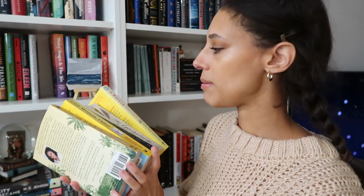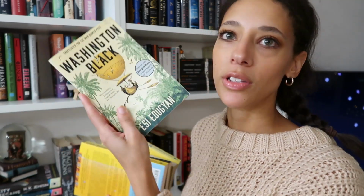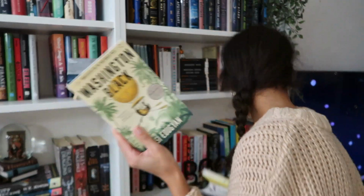Blacktop Wasteland by S.A. Cosby. I can't believe I still haven't read this yet. We're gonna add this one to the list. So I have this stack of paperbacks down here that I forgot. I really need to reorganize my shelves. Okay, let's see anything on here. Oh, maybe Washington Black. Maybe a good one. Yeah, let's just do this one. Let's just do Washington Black. Wait, so we have 20